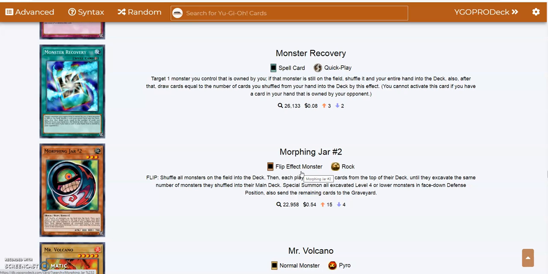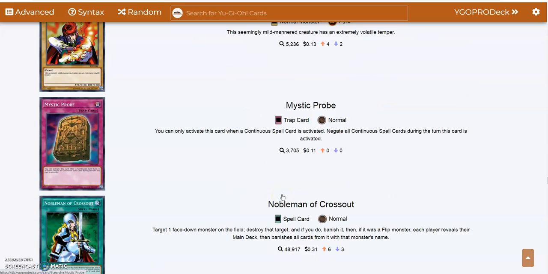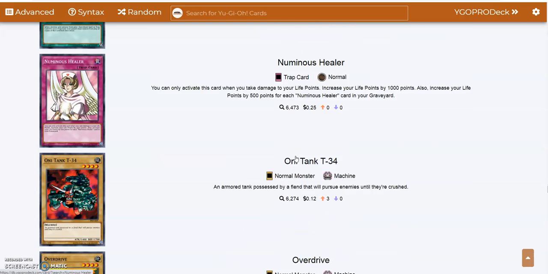Jar number 1. I do not think that card was printed yet. I may have made a mistake. I'm going to have to go back and check my videos on the earlier packs, but I don't think the first one was printed yet. So I may be annoyed by this already, because why do you print the number 2 without printing the first one? And this one, it's actually not that good at all. You can read the effect for yourself. It's not that good. Then we have Mystical Volcano, Mystic Probe, Nemuriko, Numerous Healer,